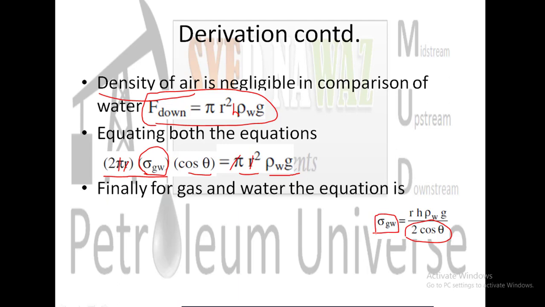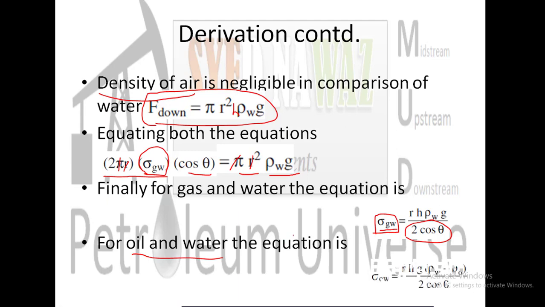It is surface tension because it is based on the states of matter, liquid phase and gas phase. Similarly, if you do it for oil and water, which means interfacial tension, then that will give you psi OW equals r h g into rho W minus rho